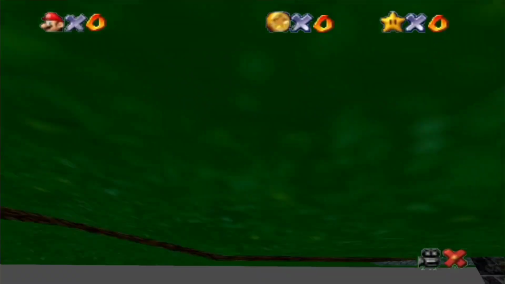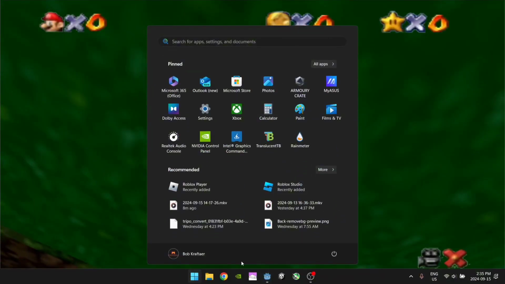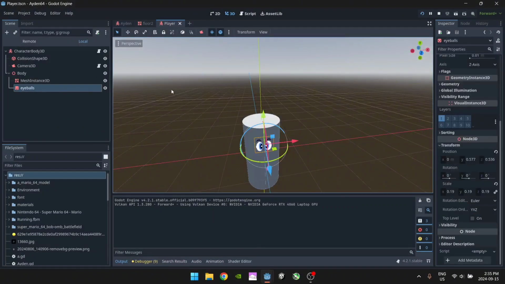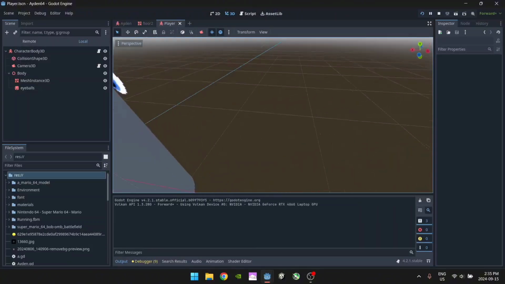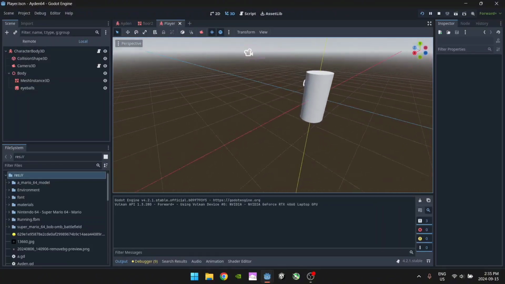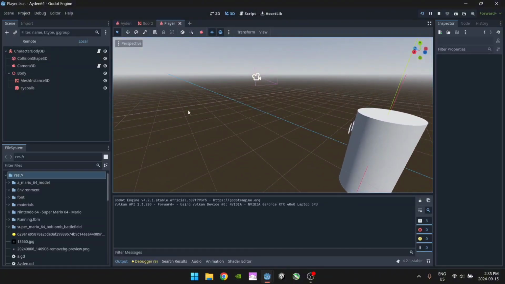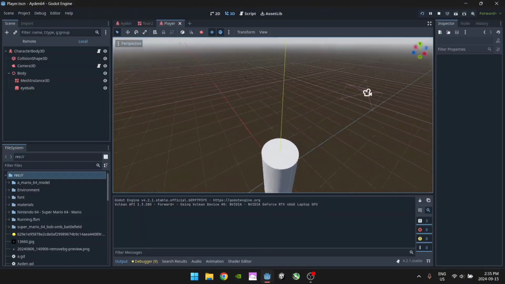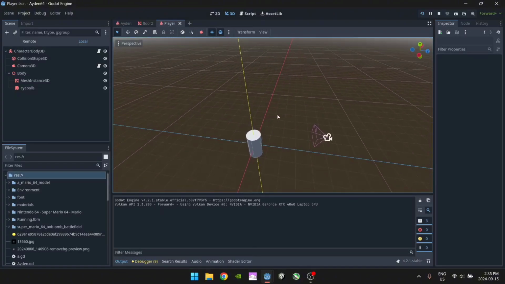And yeah, that's it. There's your completed third-person character controller. It's super simple to create, and I hope you guys were able to keep up with this, because I made a lot of mistakes this video. Well, third person is a lot harder than first person, so I was bound to make a couple of mistakes. Thank you so much for watching. This has been the Godot